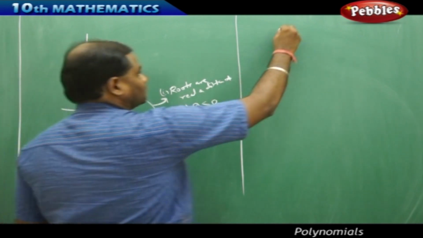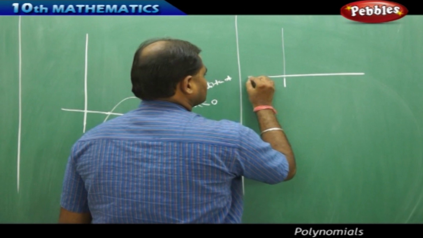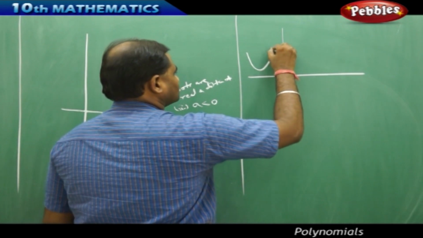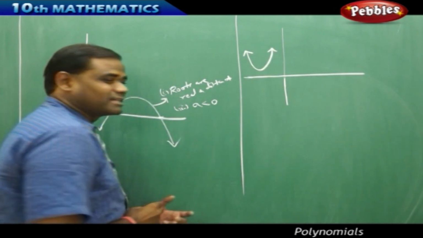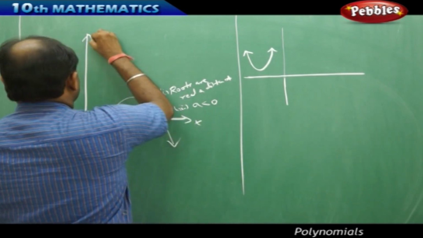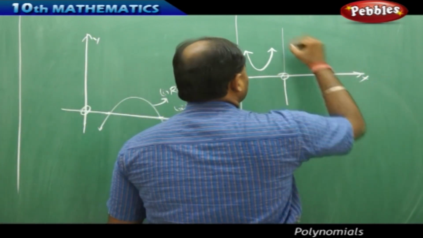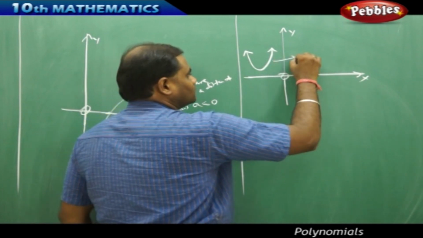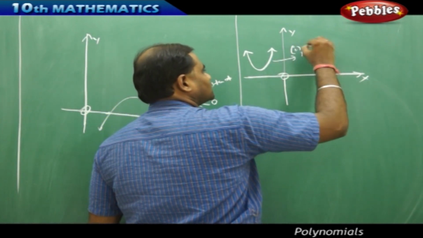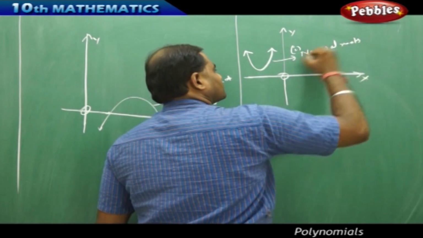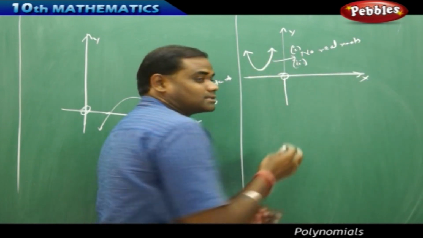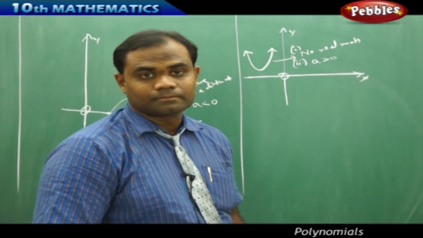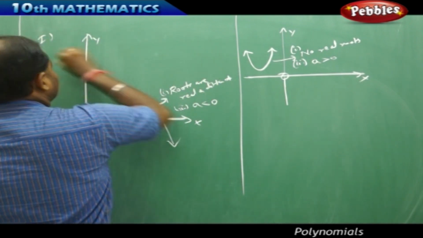Similarly, if I have a parabola which is somewhere here, then in this case I clearly see that if this is the x-axis and y-axis and origin, then the graph is not cutting the x-axis. Therefore, this has no real roots, is the first thing I identify. And secondly, I identify that because it's an upward parabola, a is greater than 0, is how I make the conclusion. Secondly, if I take the third case,